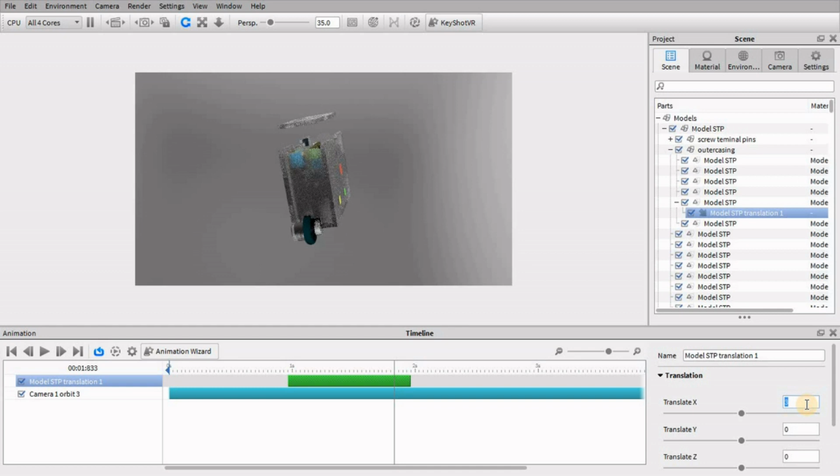Do same thing for remaining 5 sides of the casing.